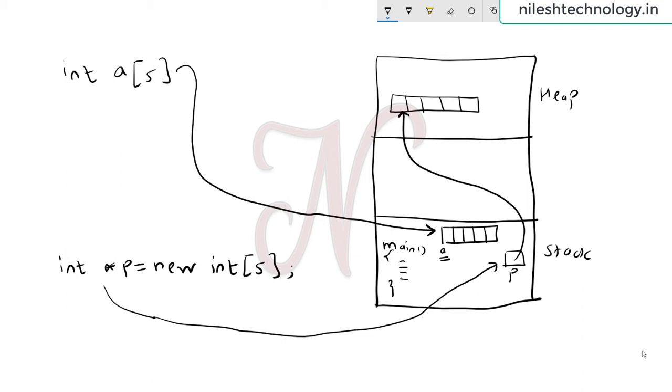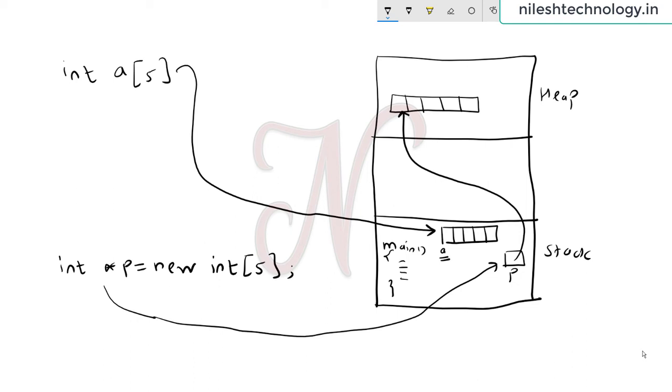We don't want a fixed size bench like this because we don't know the size the user of the program requires and how many elements he is having. So let the user give as many elements as he wants, then we cannot go for an array.